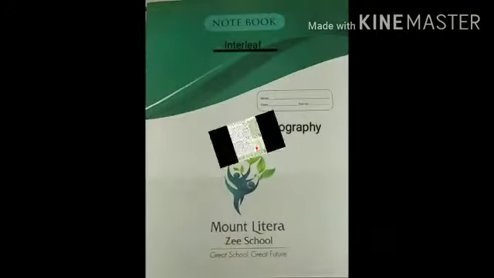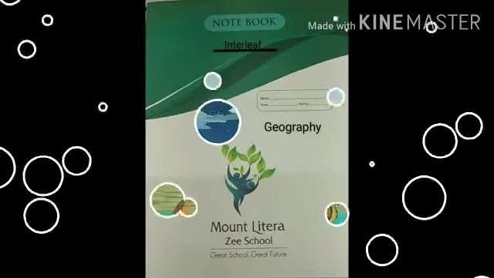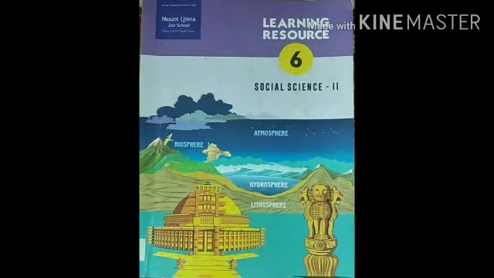You can see solstice. I will explain further what is solstice, what is summer solstice, what is winter solstice, and equinox. I will explain all these things. You can see a geography interleave notebook, the LR, social science 2 LR of geography. Motions of the earth, chapter number 3. You can see it on your screens.